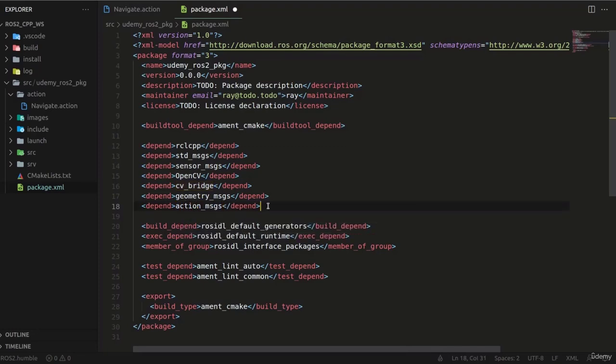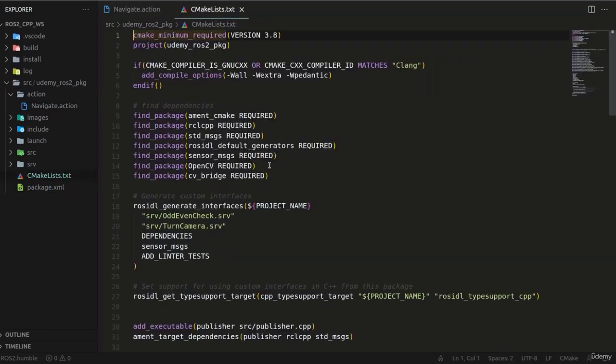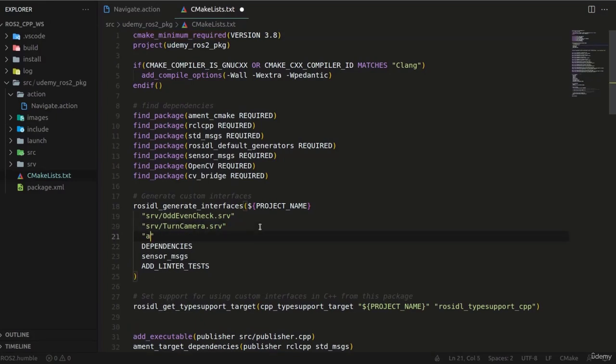That's it. I can save this file and close it. Now I'll have to head over to my CMakeLists text file to let it know that I made a new interface and it needs to compile. All I need for this is to add the file to my ROS IDL generate interfaces function. In this case, it is